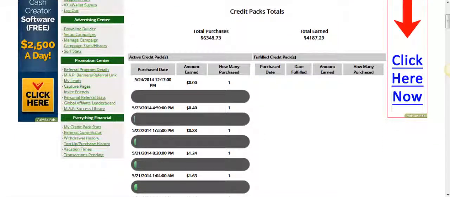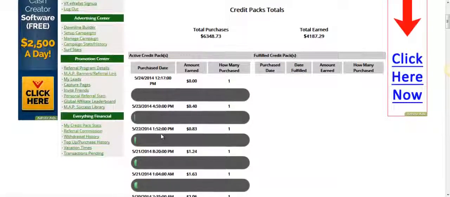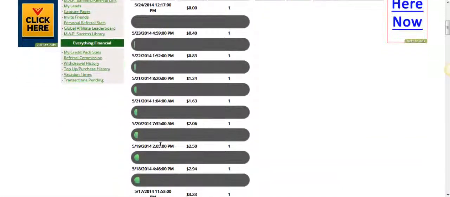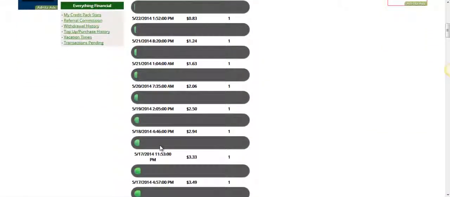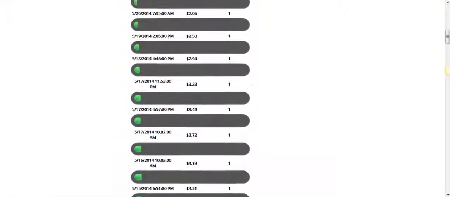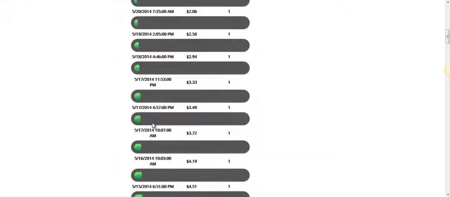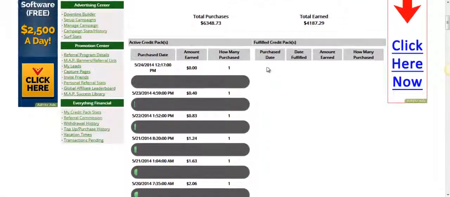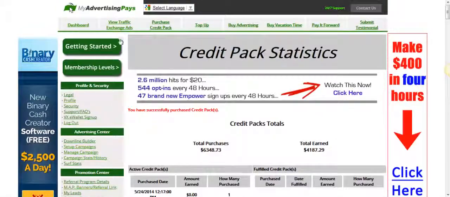I have been consistently purchasing credit packs every day. They're all moving along. There's one I got, and I got 3 that day. Isn't that nice? Okay, so what we're going to do is go back to the dashboard here,